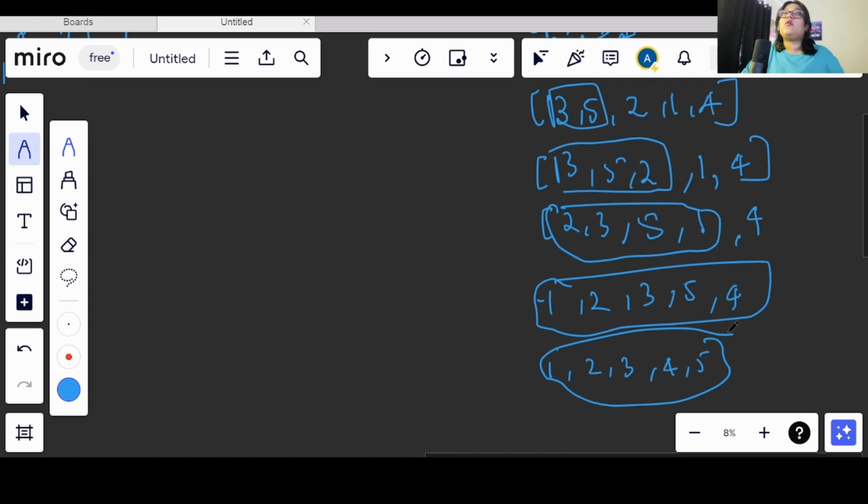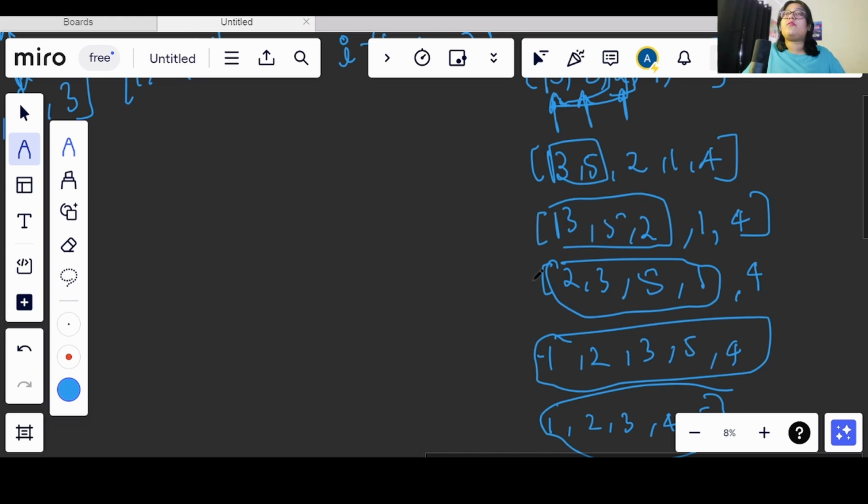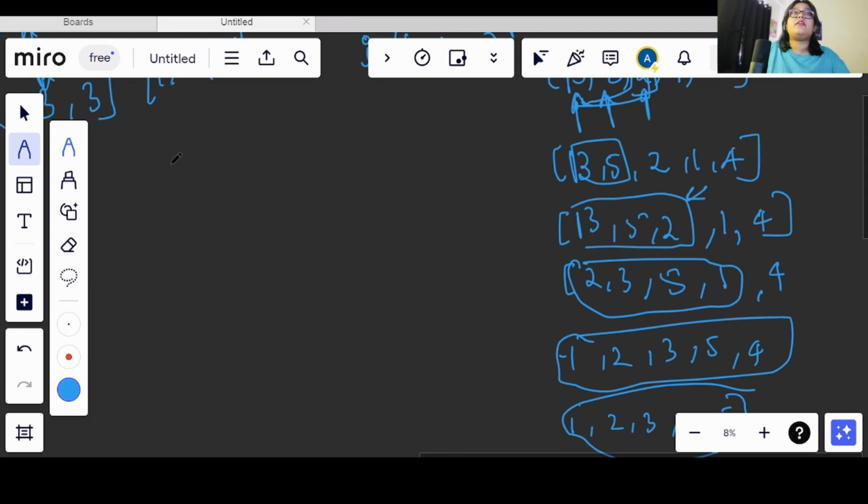Okay, now usually we will think that we will be swapping these values, right? But since this is insertion sort, the entire operation will be working on the basis of insertion. Okay, so now let's start the dry run. Okay, so let's say we have I here